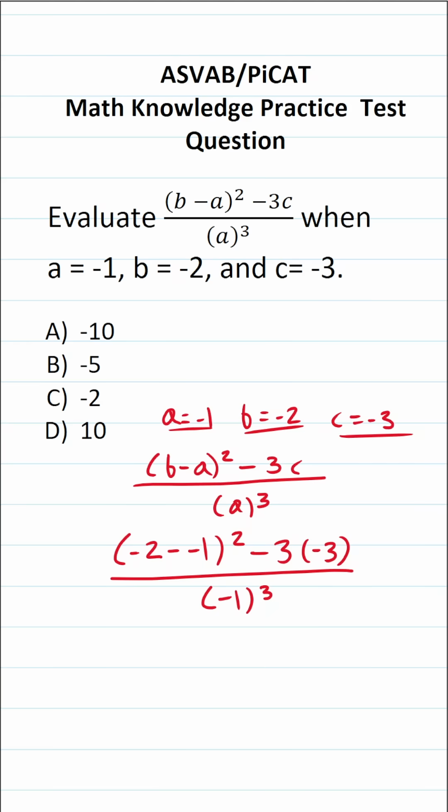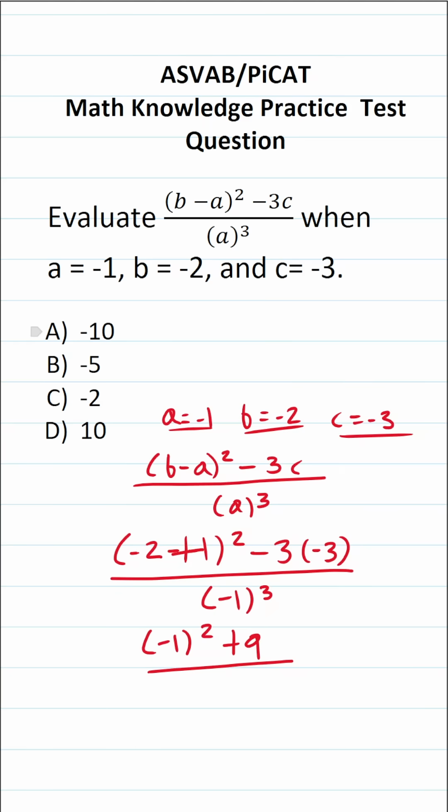All right, so let's start by taking care of parentheses here. -2 minus -1, a minus becomes plus. So -2 plus 1 is going to be -1, squared. -3 times -3, a negative times a negative is a positive, so this is +9, all over